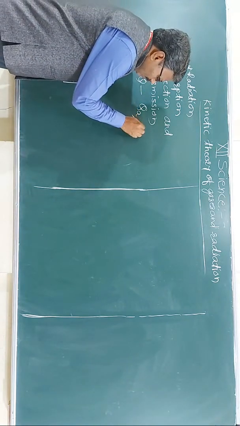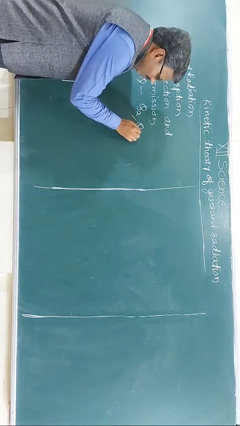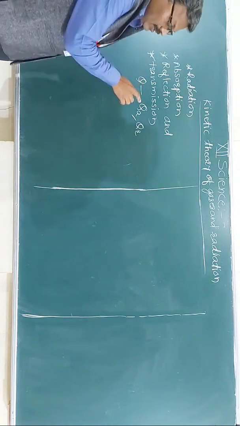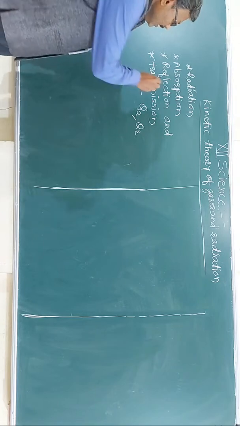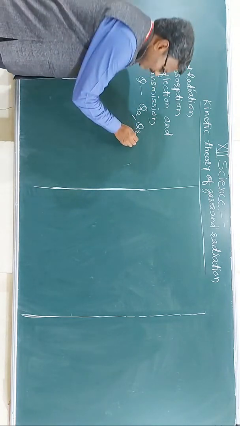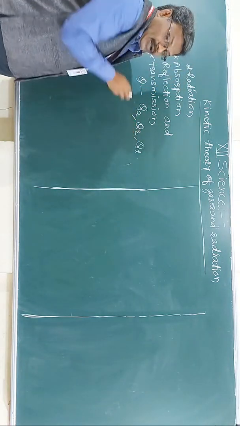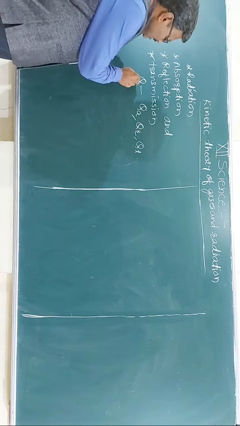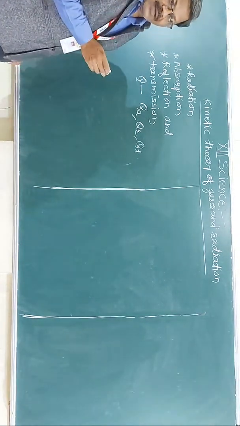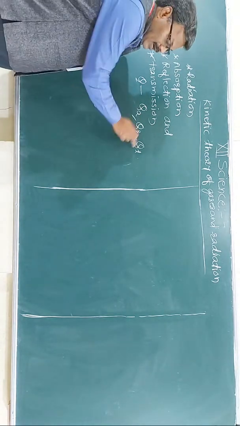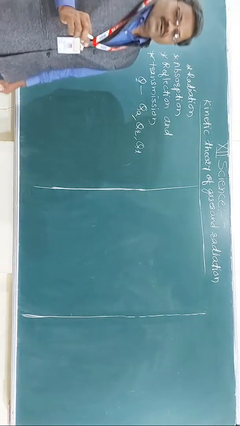QA is the radiant heat absorbed by the body. QR is the thermal energy reflected by the body. And QT is the radiant heat transmitted through the body. Generally, this is the radiant energy incident on the body. Partly it is absorbed, partly it is reflected, and partly it is transmitted. But according to the law of conservation of